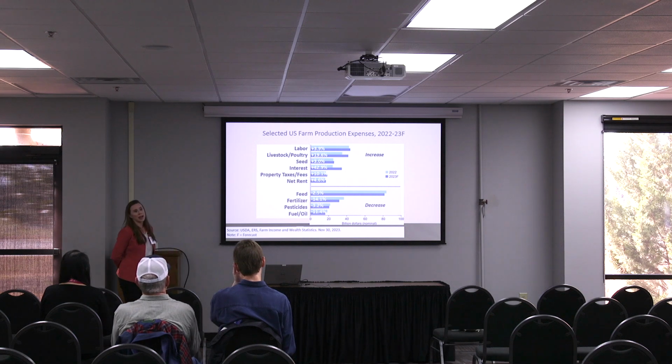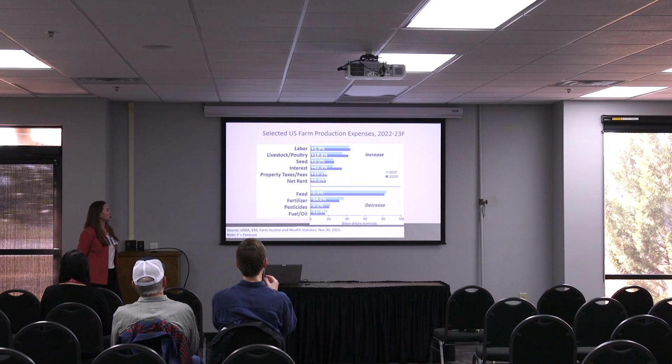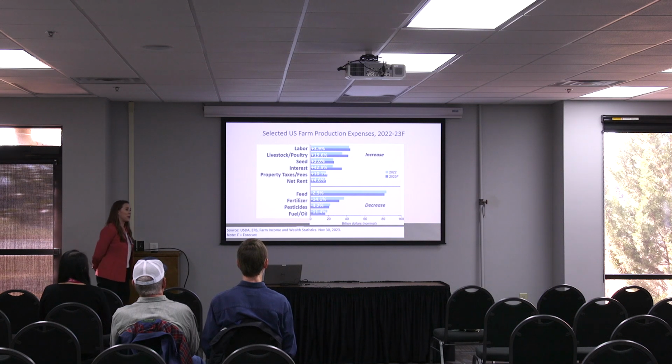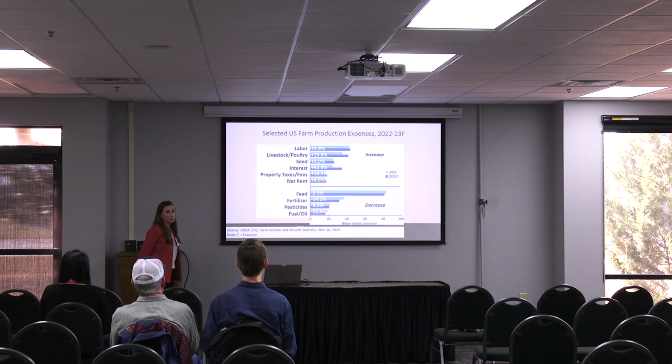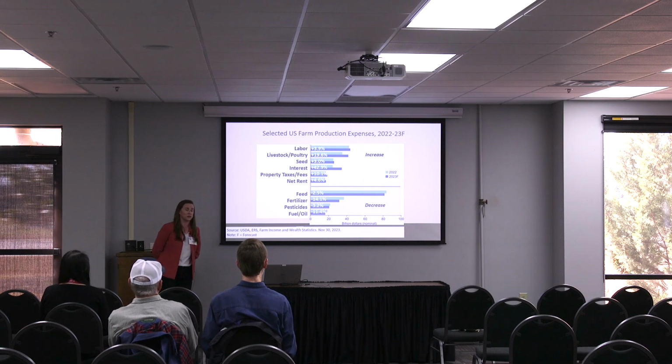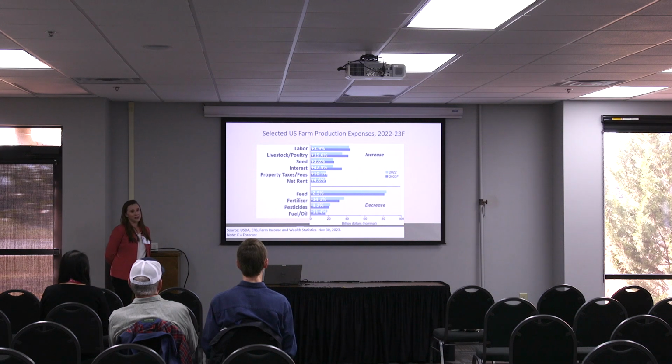This is just to reflect how expenses changed in 23 compared to 2022. The dark blue is 2023. And we saw increases in labor, seed, interest, taxes, and rents. The big one there is interest expenses, 43% higher than 2022. And I wish I could tell you that we could see a big change down for 2024, but it doesn't seem like that will be the case. So we'll probably see that about even when we're looking at 2024 compared to 23.